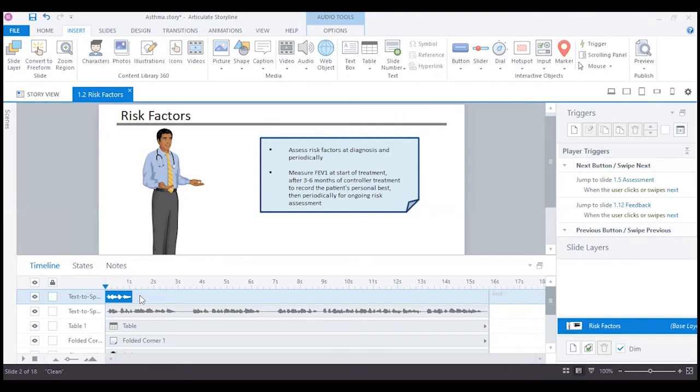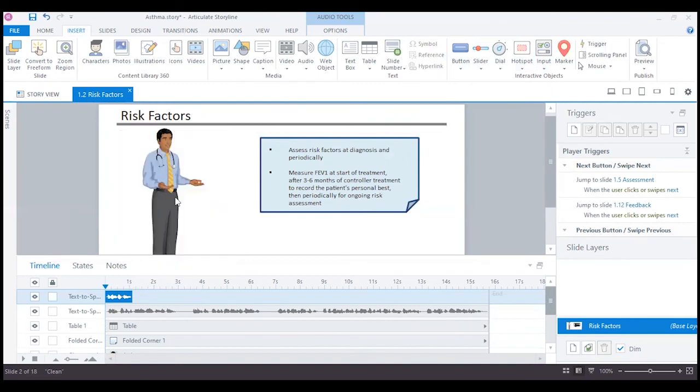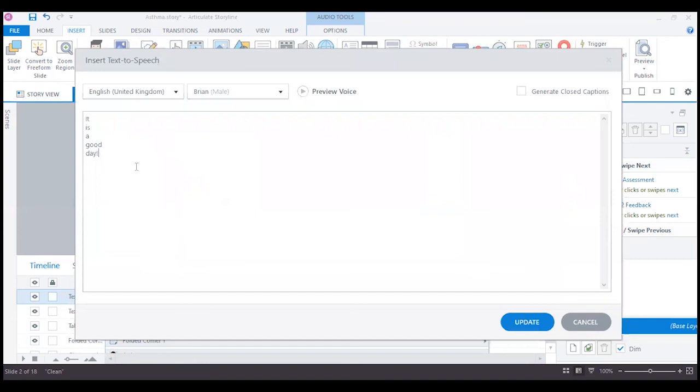Another interesting option of text to speech is that I can edit the text, and this is one of the most interesting ways to do it. And this is by going inside the text. And now what I can do is I can add a pause between different words. So for example, if I want to have a pause between the word a and the word good, so now I can see that there is a blinking arrow that is asking me like that there is some text missing, but in fact this is no text missing option. This is basically that I want to have some pause between the word a and the word good.